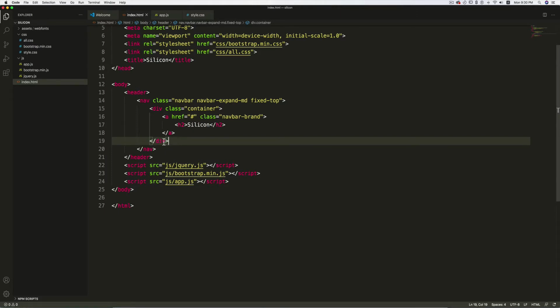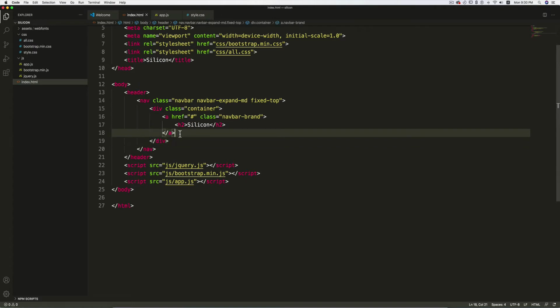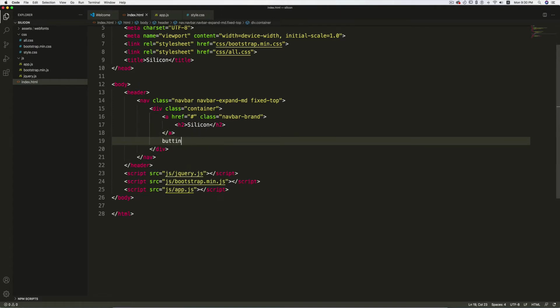So after this anchor tag, I'm going to create a button, and I will specify some classes. So you can use dot to specify class using Emmet. So first class will be navbar-toggler. This is a Bootstrap class. Type will be button, and after this we need to specify some attributes.